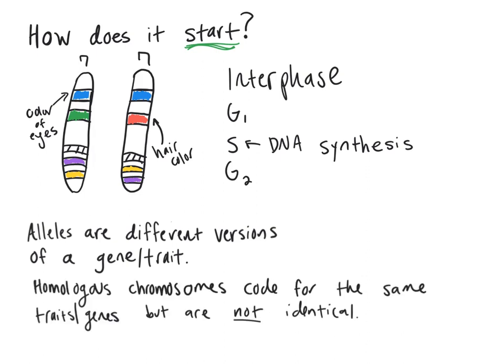So what happens in the S phase is every single chromosome is going to duplicate. So we're going to duplicate this chromosome 7 as well as this chromosome 7. This in the end is going to give us a grand total of 4 chromosome 7s. And this is just one example of a chromosome. We as human beings have 22 pairs of autosomes, 1 through 22, and we have 1 pair of sex chromosomes, which are XX if you're female and XY if you're male. And in S phase, every single one gets replicated.